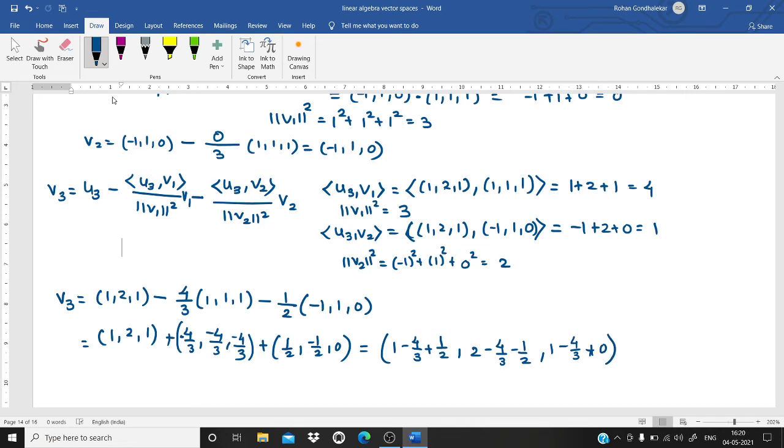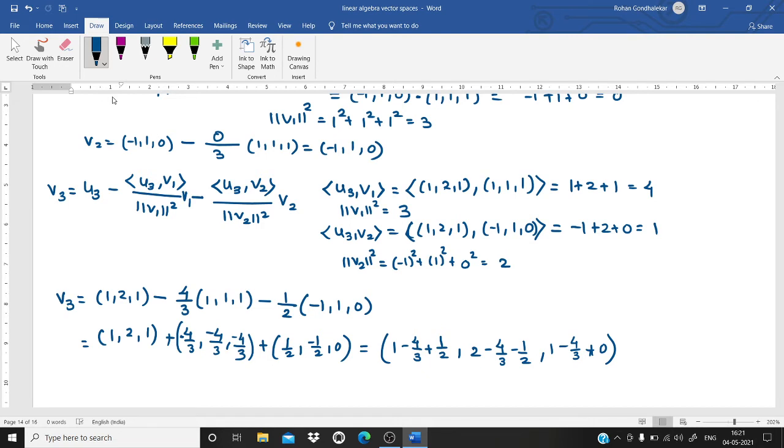Is it okay? So what will be the addition now? Here the denominator is 3, here the denominator is 2, so we can make a denominator as a 6. Fine. So here the denominator is 1, so we need to multiply by 6 here. So 6 minus 4 plus 1. So how much is it?